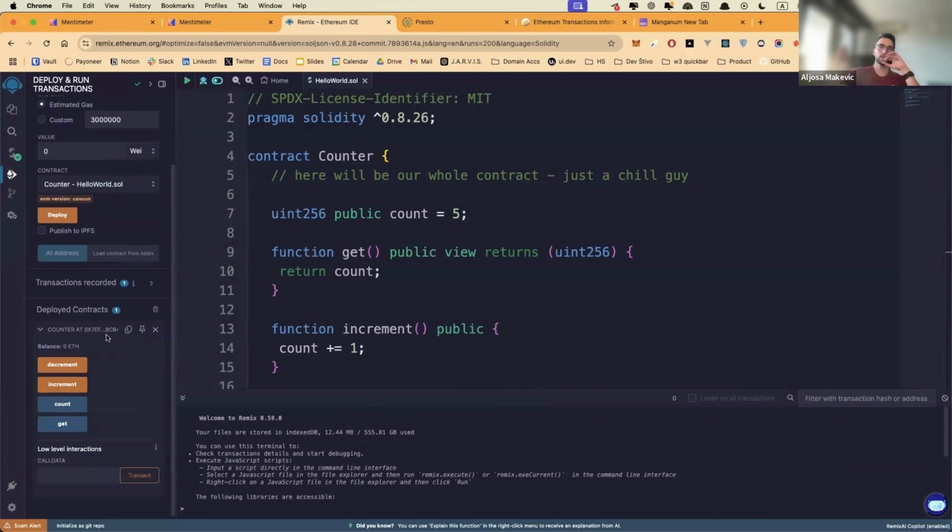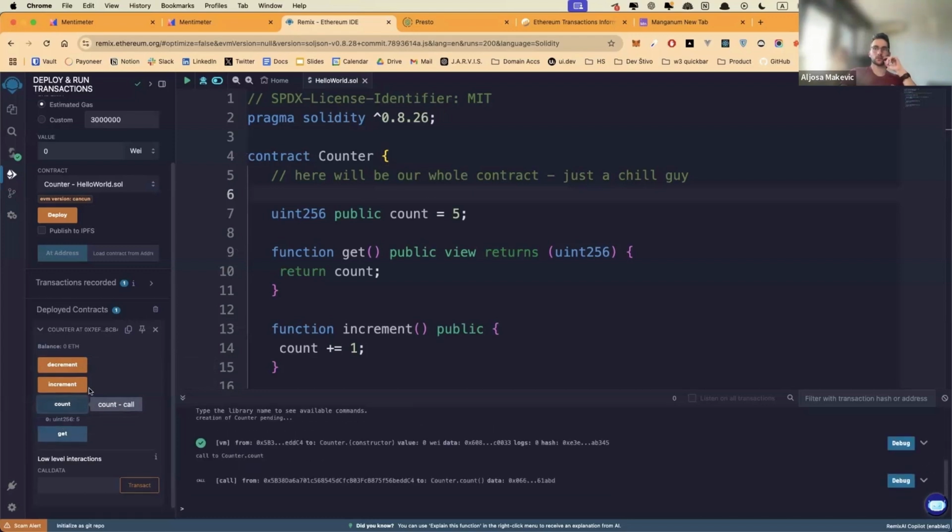So right away, it lets you interact with what you built, and it's super convenient and simple to play around in this. So I can click on count because it's a public function.